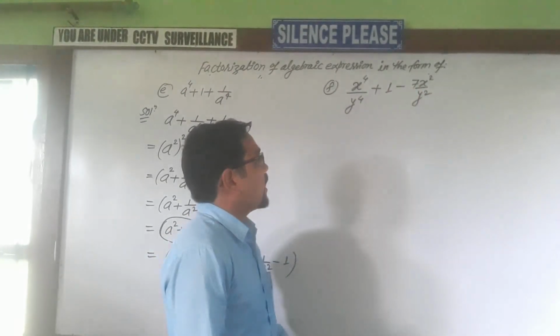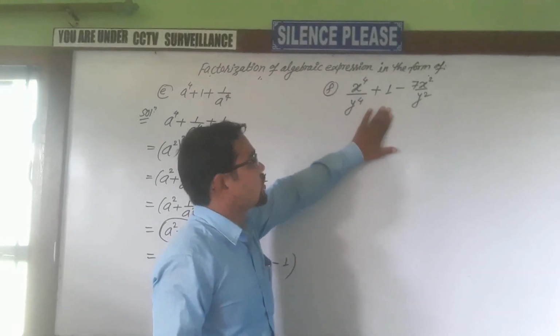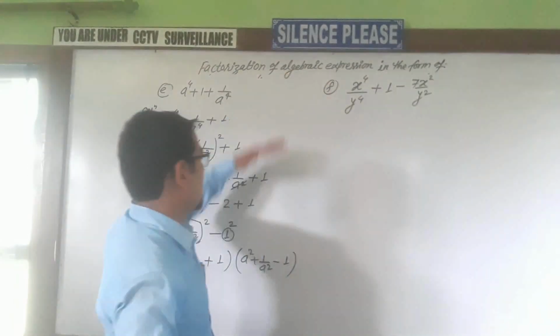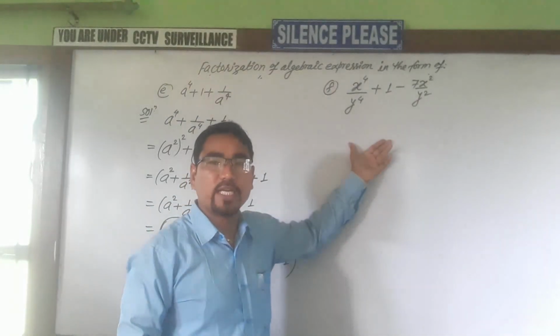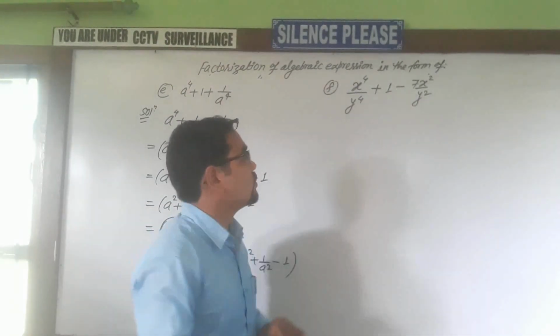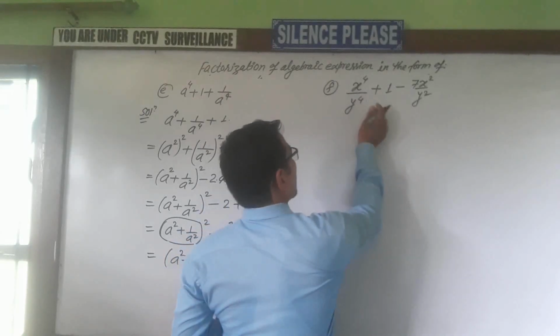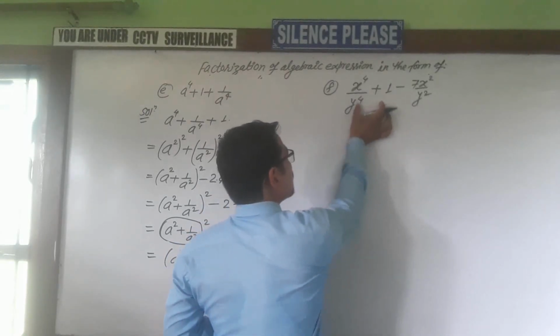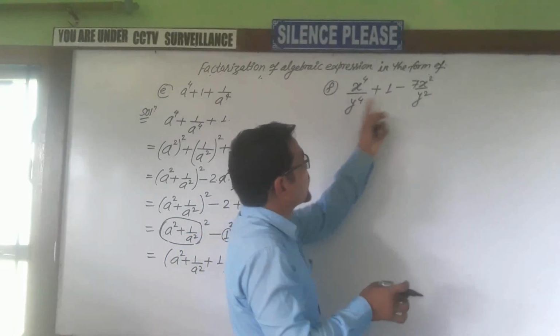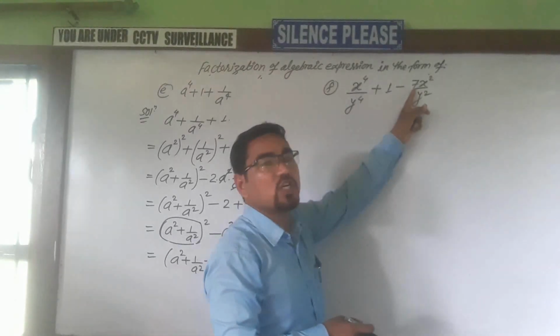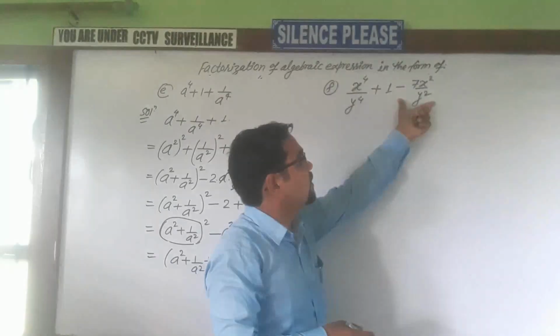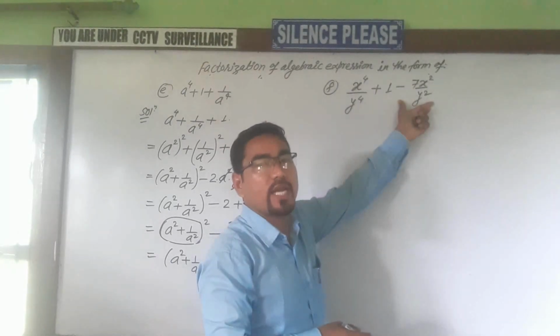So here, this we can also solve by the same procedure. Okay. First of all, we apply the formula of a square plus b square, and after that a square minus b square. All the students, first of all, we have to write these first two terms. There is no need to arrange first and last, because this we can write as a square, but this 7 is not a square number, so we can't make it a b square here.